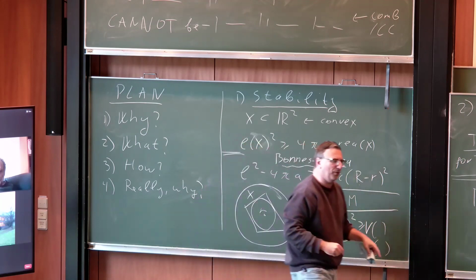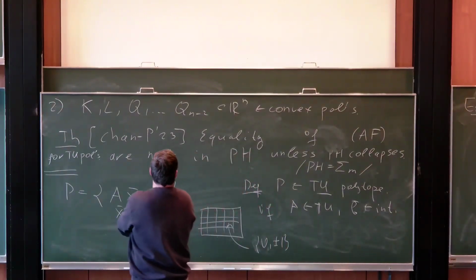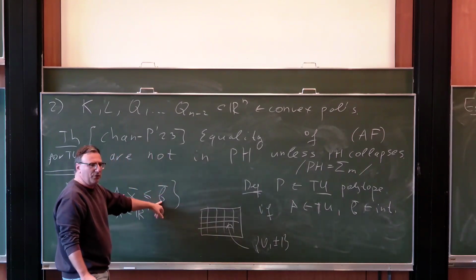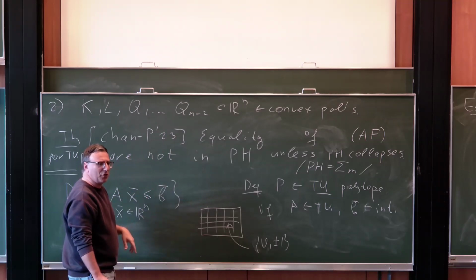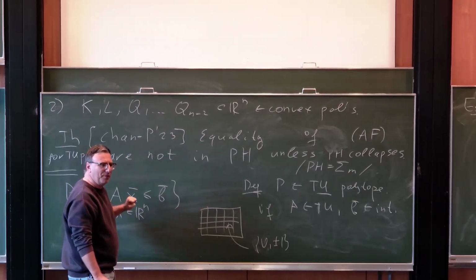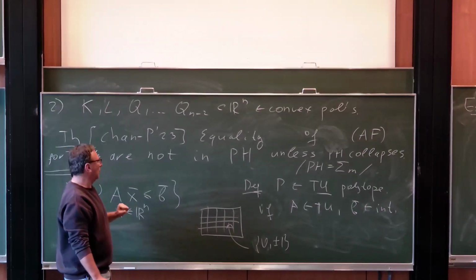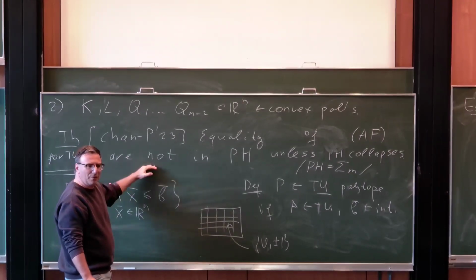But K and L are part of the input? Say it again. Are K and L part of the input? Yes, everything here is part of it. The input is a collection of matrices A and vectors b, and polytopes, yes. It's not a three-dimensional result. No, otherwise this would be all easy. I guess you need to require that A has polynomial size. No, the time is a function of the input.